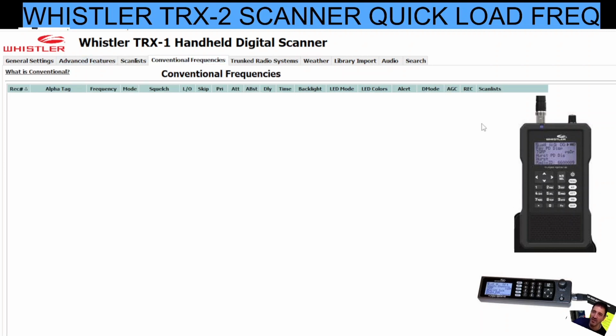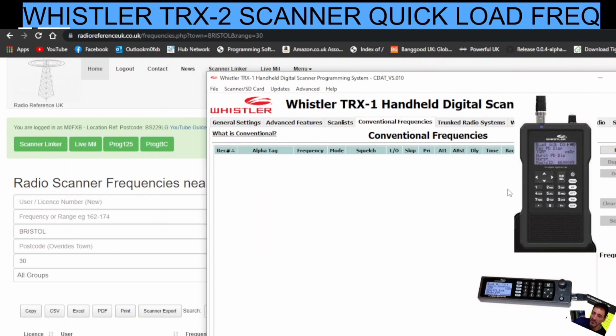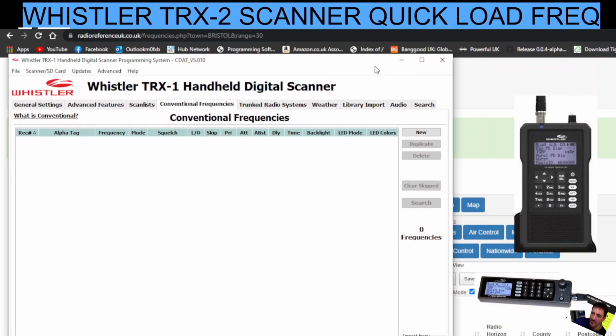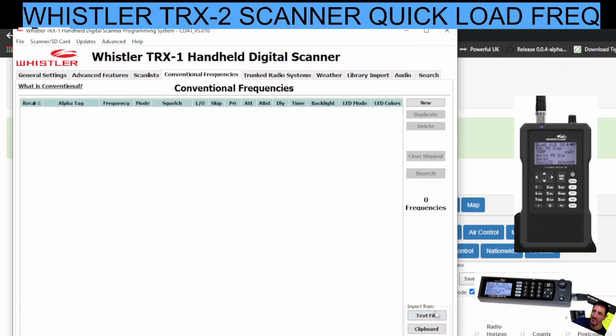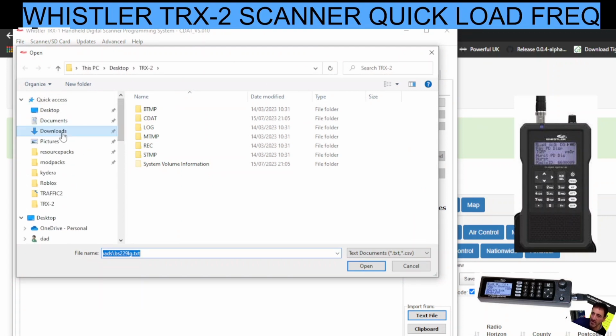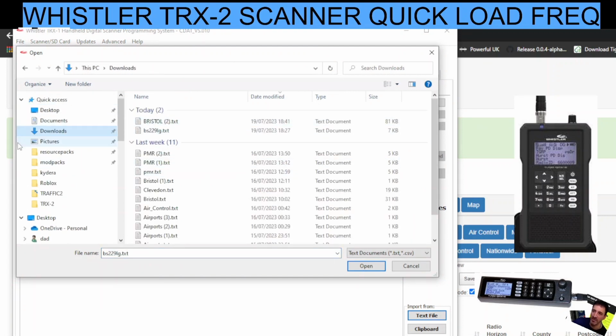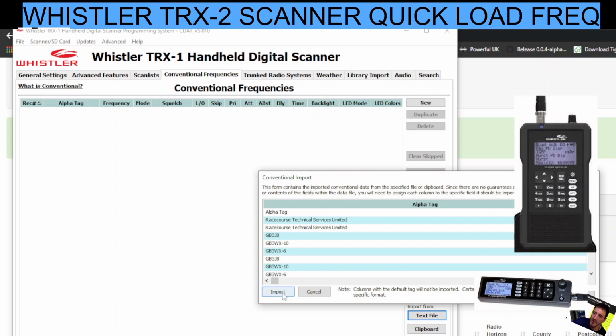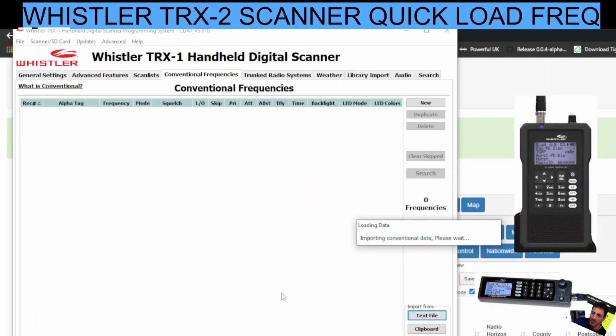There's nothing there at all on conventional channels, but remember we did that text file, so I'll just minimize so you can see. But over here, if you look here, there's the word text file. You can click that to import it, and then find that text file which went to our downloads, and it was called Bristol. So downloads Bristol, it's a TXT file. Now if it's a Uniden radio, it's a HPE file, and you put it into favorites, but this is Whistler. Double click and it's going to load all those files. Click import that are from Bristol,